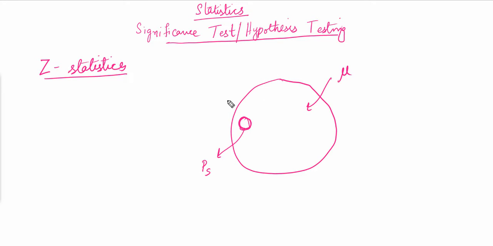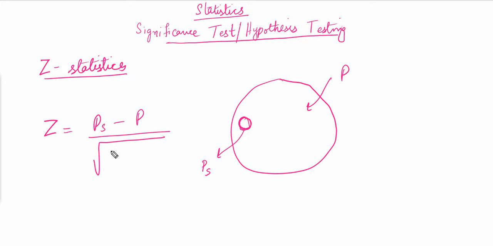Anyway, so let's start off with the calculation of the z-statistic. We can calculate the z-statistic by this formula. z is equal to the probability of the sample minus the probability of the population, divided by, I'll just write the probability as simple p. This is the probability of the whole population, and this is the probability of the sample,